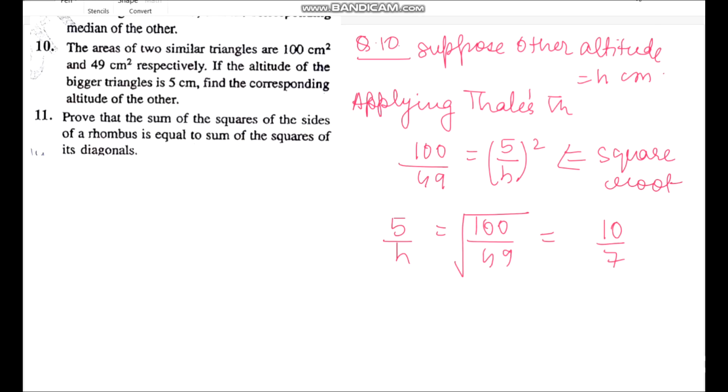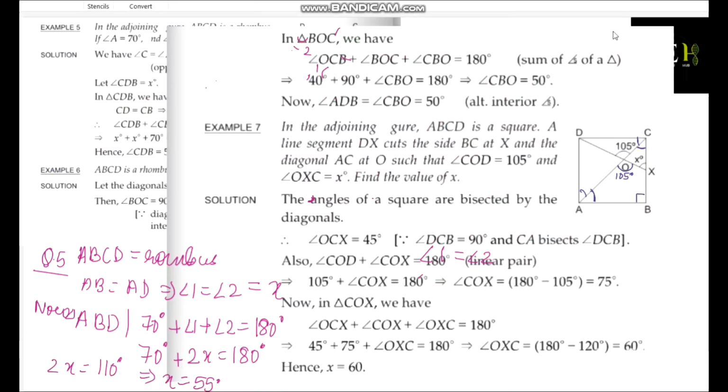Okay, Viren. Angle in this figure, see, 105 and 105 are vertically opposite. Now I will say that this one is x, and this x is already used. So if I say this is y and this one is also y, then 2y plus twice of 105 is equal to 360 degrees, right? Because at a point they are forming a full angle. So 2y will be how much? Tell me.